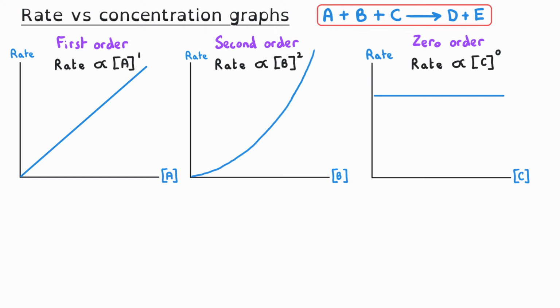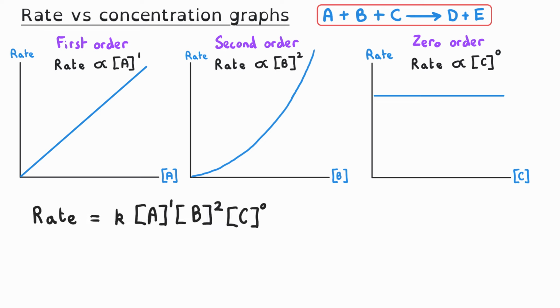And so if these results were our findings, having carried out a series of experiments, our rate equation would be the rate of reaction is equal to the rate constant multiplied by the concentration of A to the power 1, multiplied by the concentration of B to the power 2, and the concentration of C to the power of 0. This rate constant is introduced when we replace the proportionality sign from each of our conclusions from the graphs, and it would be specific to a